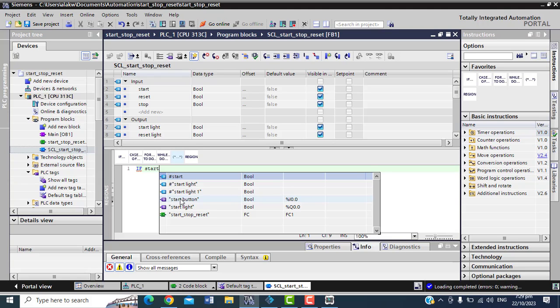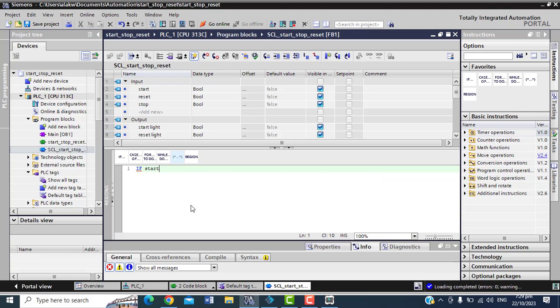What if the site just calls it start? Maybe if I confuse you, always look at this one and know whether this one is the global variable, whether the physical variable name is this one. Maybe you know, carry this one and put it here. It will still work actually, but it is not the proper way to go. You could just get confused at the end of the day. So if start, right? I just say if start.